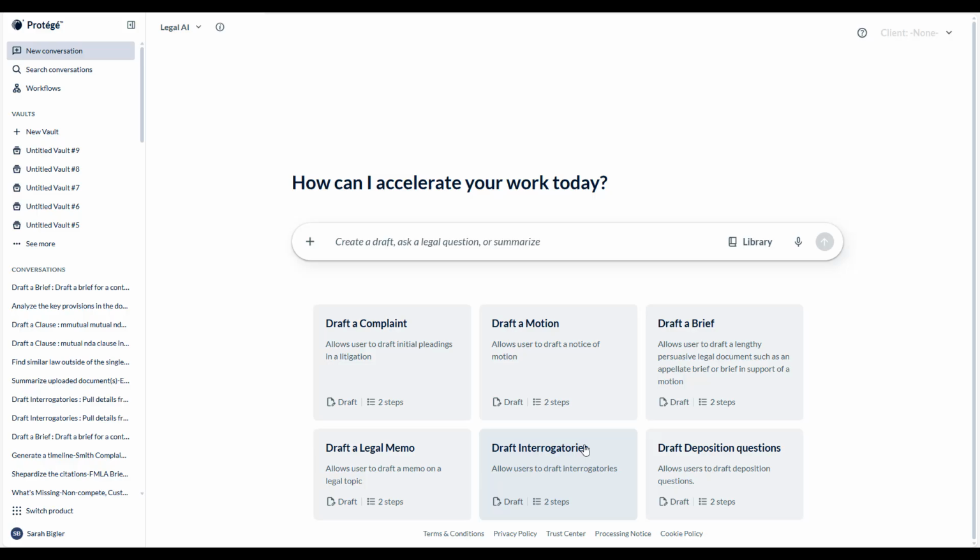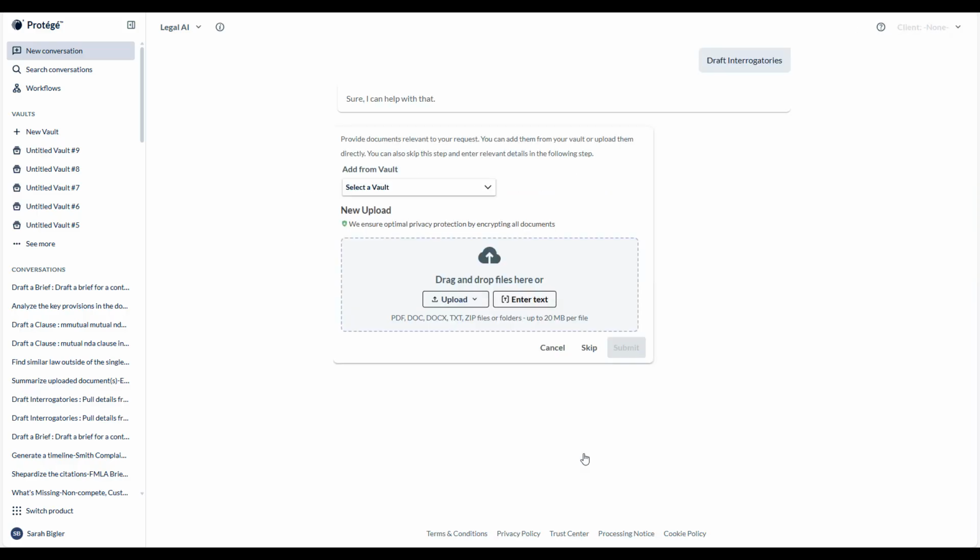Let's say you are preparing discovery in a complex litigation matter. The complaint has been filed and now it's time to draft interrogatories. Click into the workflow process to quickly draft comprehensive interrogatories strategically aligned with your claims or defenses and customized to your jurisdiction's rules. You will be prompted to upload relevant documents such as the complaint, answer, or case summary directly